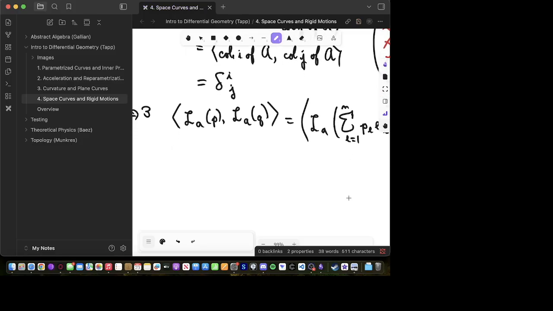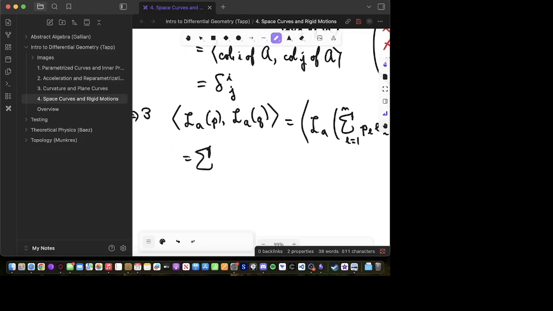And that is going to be equal to the double sum, actually, of P_L Q_S